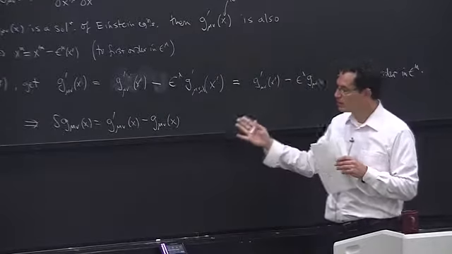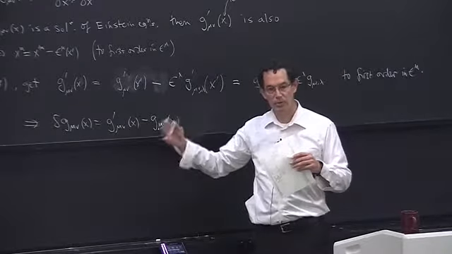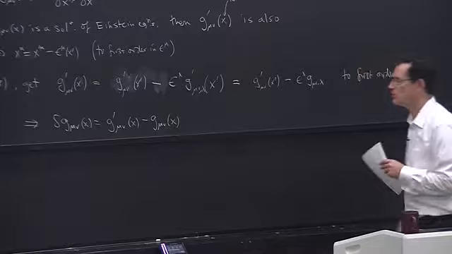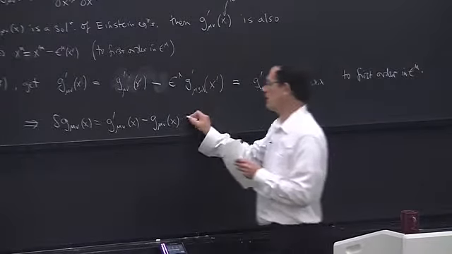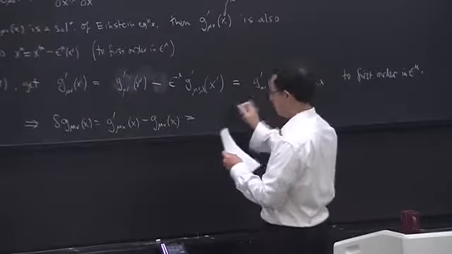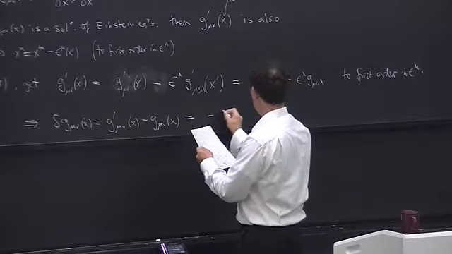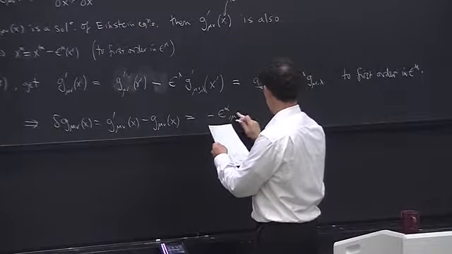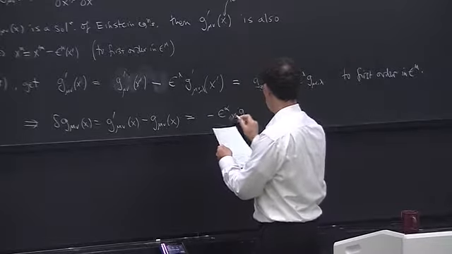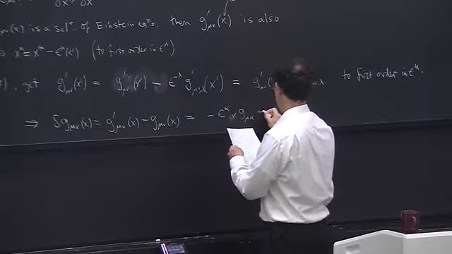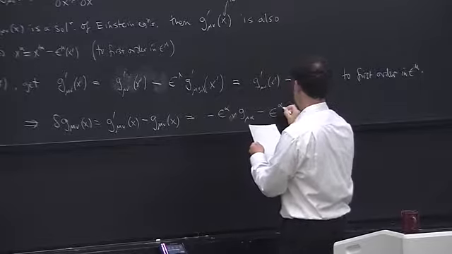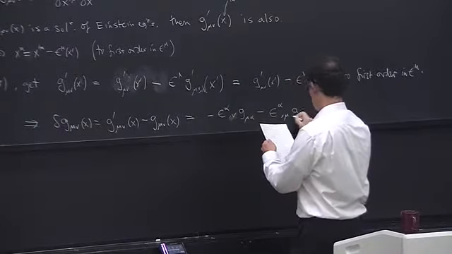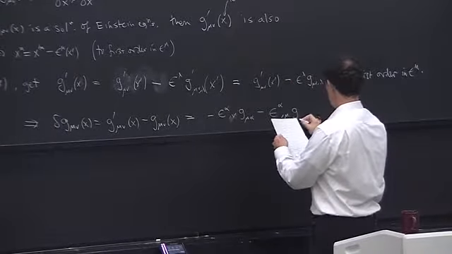It means the change in the functional form of the metric after this coordinate transformation. And that's equal to, from here, I get two terms: minus epsilon alpha comma mu comma nu g mu alpha,